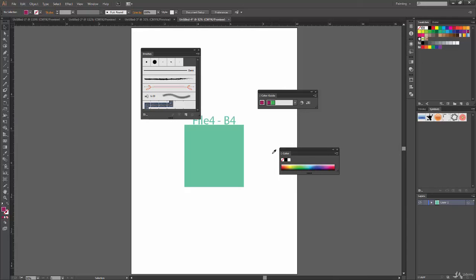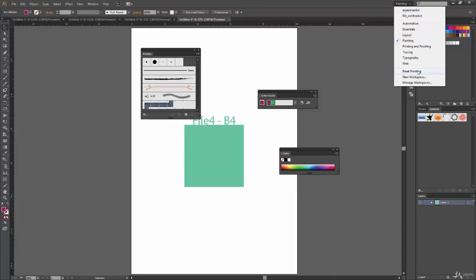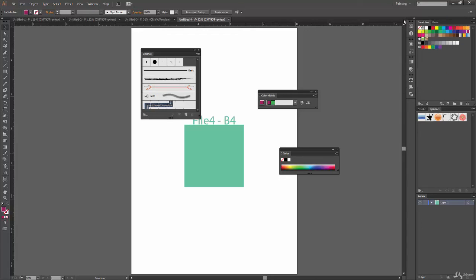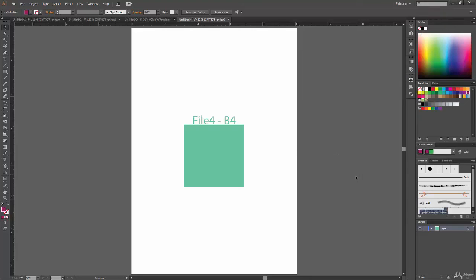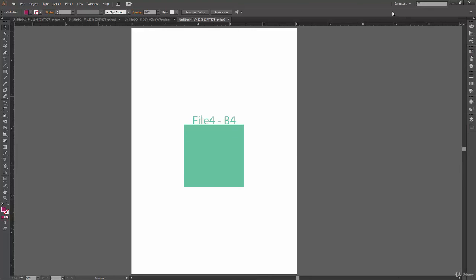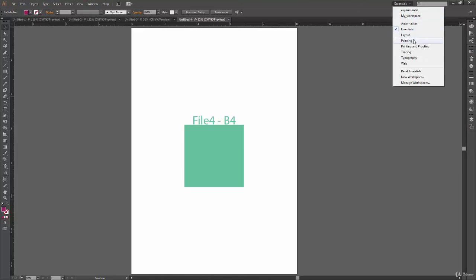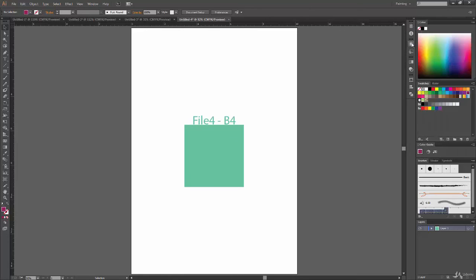I did some changes in the Painting workspace, and again if I go and click on Reset Painting, then yeah, it got reset again. Okay, so let's switch to another workspace, and we'll see if the same thing is applicable for other workspaces or not.